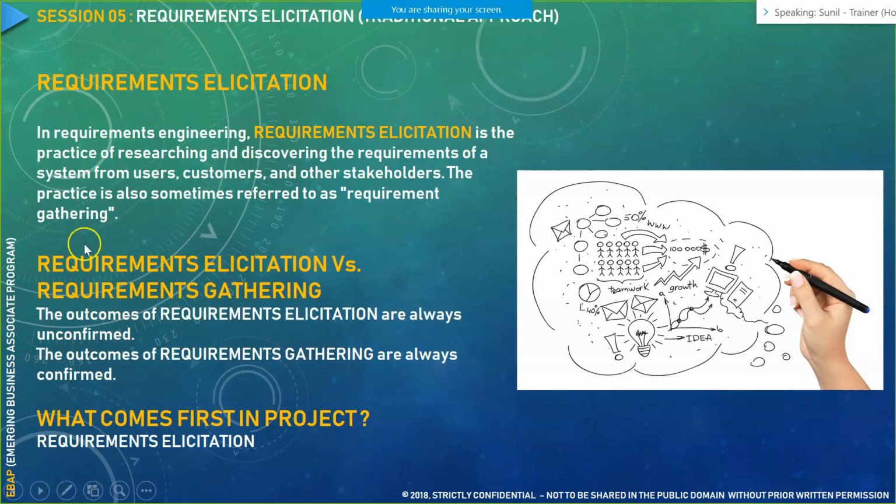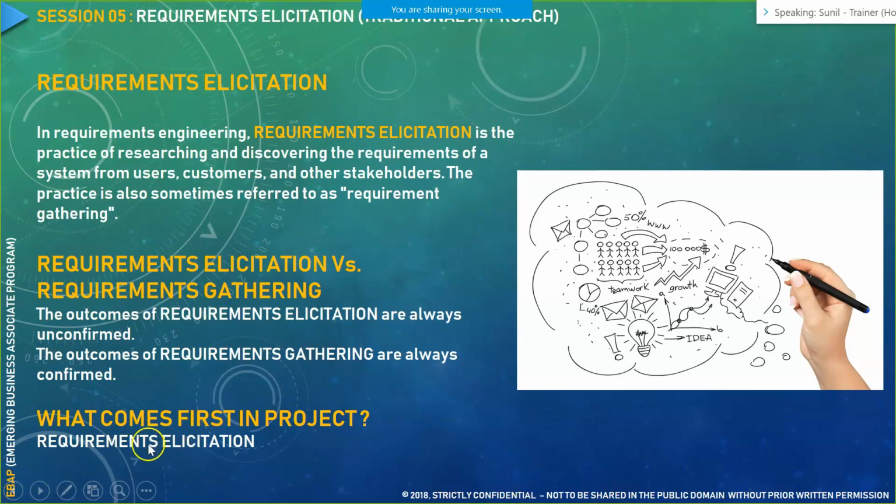Essentially, people may ask you what the difference is between requirement elicitation and requirement gathering, and people often say that both are the same phase, but no, they are different phases. Requirement elicitation is whenever you start your initial brainstorming around a particular requirement, wherein you start bit by bit about a particular requirement. But requirement gathering is a phase wherein you tend to confirm those requirements and do a well-documented record of that requirement with proper sign-off from the appropriate stakeholder or the business sponsor.